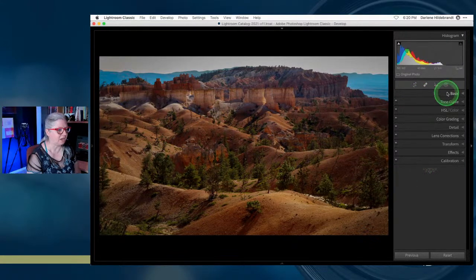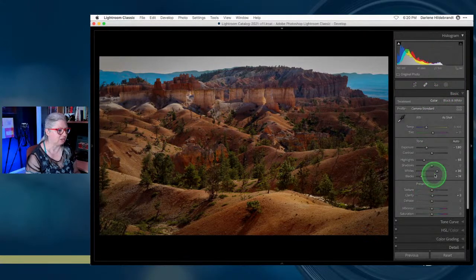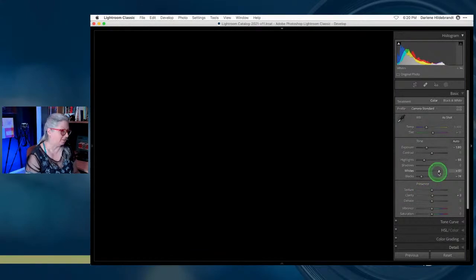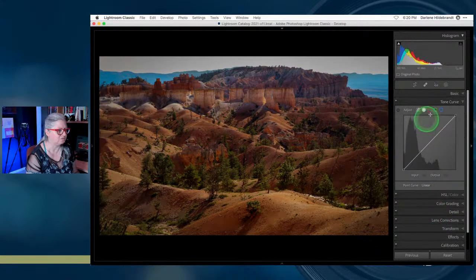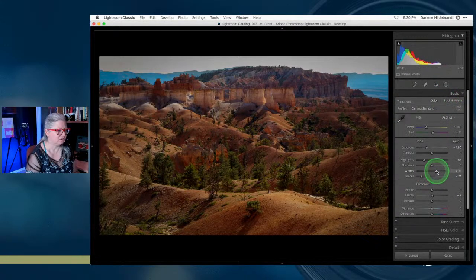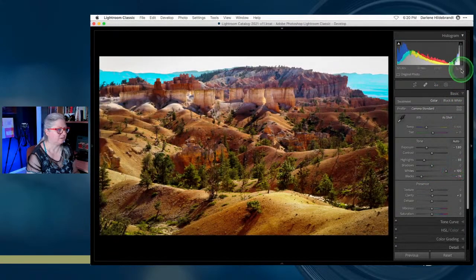This one would be a great candidate, though, for what I would call dodging and burning. Well, what is called dodging and burning. Right, let me just do that. It's doing some kind of weird limitation here somewhere. Have I got a tone curve? No. There's some kind of weird thing happening here, like it's not going to the edge. Do you see that? I wonder if that's the